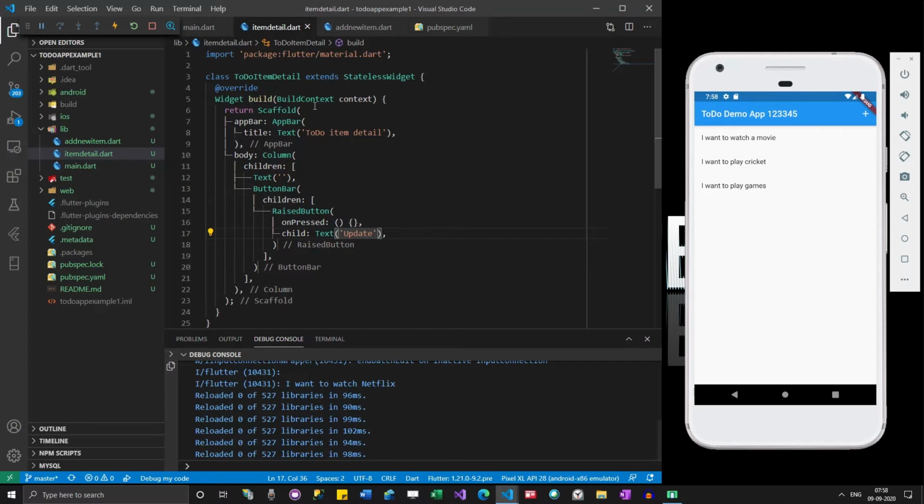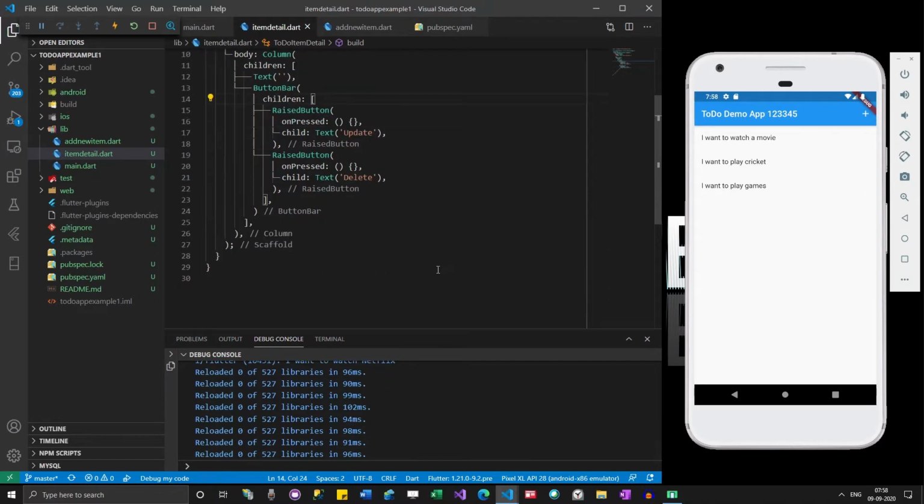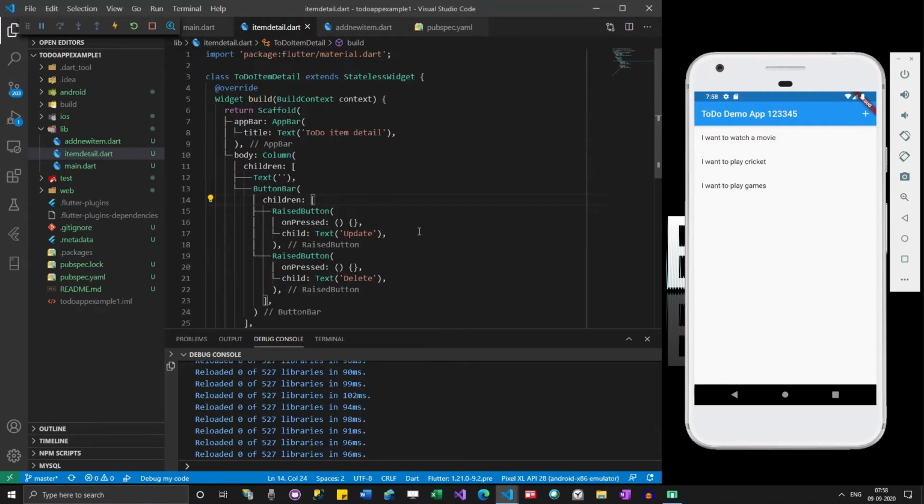Okay, we are going to have one button for update and another one for delete. So whenever this is clicked, we need to load that item. Okay, like let me add some text here.